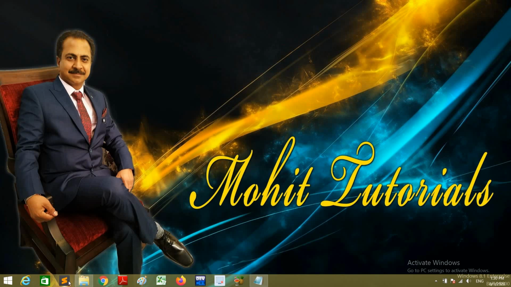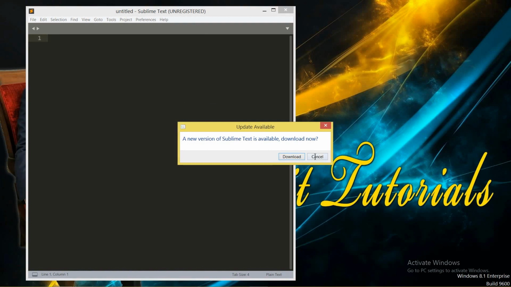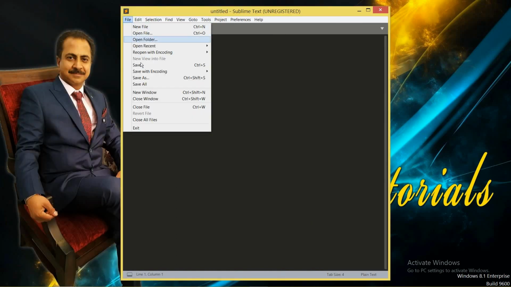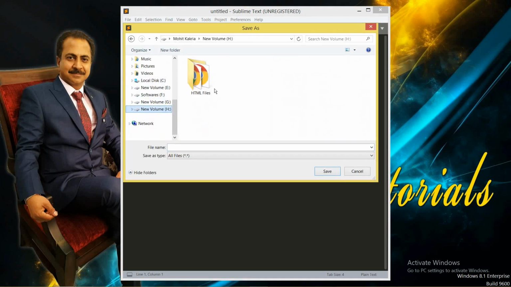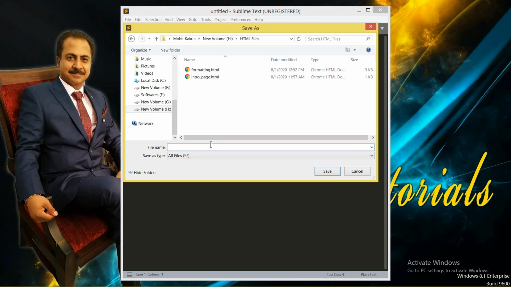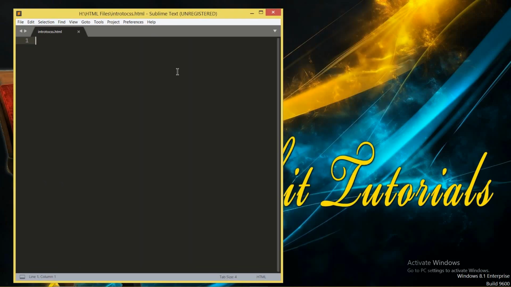Now, starting with the practical stuff of this CSS, I just minimize this. You all know I am using this particular editor, Sublime Text. I told you whenever you want to make changes, just save the file first. Save it in my particular folder, that is H drive, HTML files, and I'll name it intro to CSS, and the extension is .html. Save it. Now you all know how to give the basic structure: give an angle bracket and press enter. You can see the basic structure will be there.